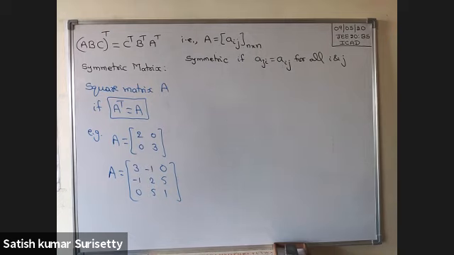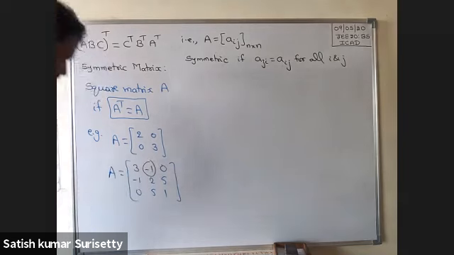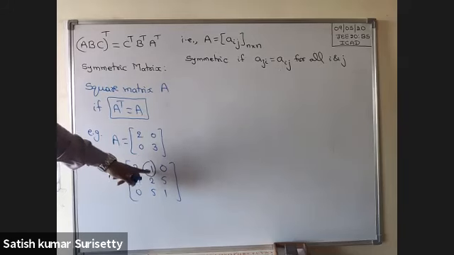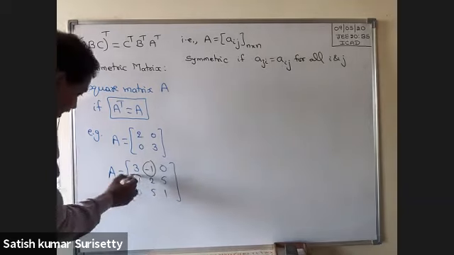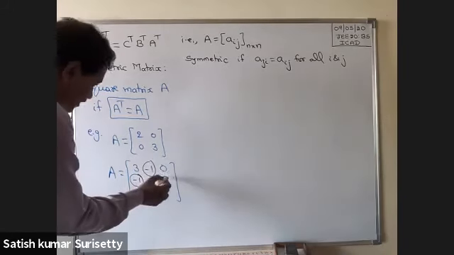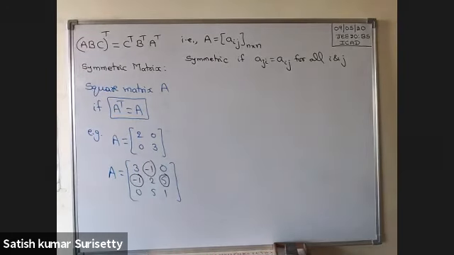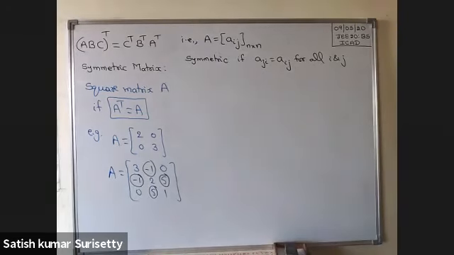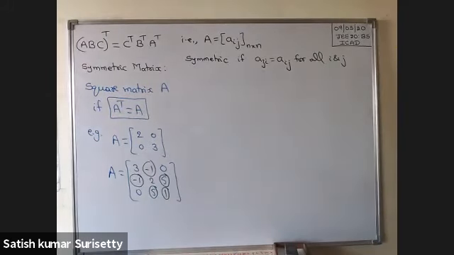Now, observe this element. The symbol for this element you can write as A 1 2. Now minus 1 is again here also. So this will be what? A 2 1. So A 1 2 will be the same as A 2 1. Observe this element 5. 5 corresponds to what? A 2 3. Again here it is what? A 3 2. And if I consider this element, it will be A 3 3 only.